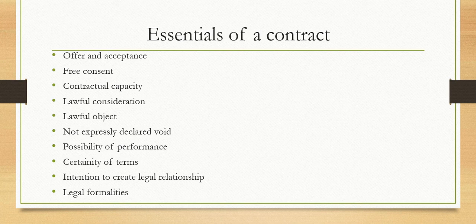Point number 3 is contractual capacity. The parties who enter into a contract should always be competent to do so. The people who are said to be competent should be of the correct age, not a minor but a major, of sound mind, and in a way eligible to get into a contract. Incapacity arises when a minor enters into a contract, or a drunken person, or someone who is a lunatic or an idiot. If one of the parties to the contract suffers from any such incapacity, then the contract cannot be enforced by law.